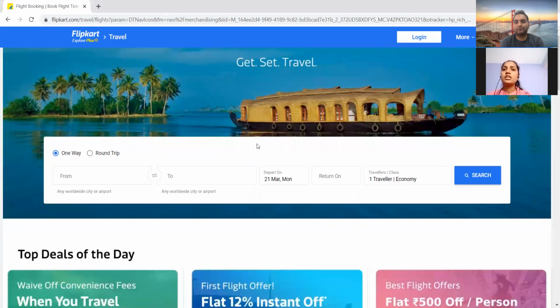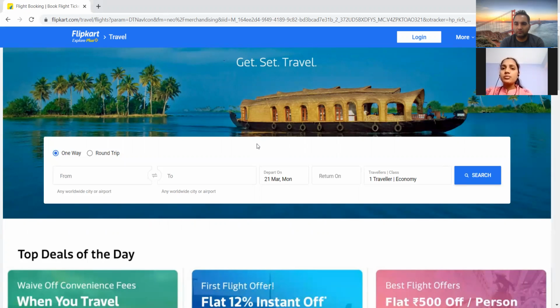Okay, sir. So firstly, I check the Flipkart spelling mistakes, logo, and I will check the login page. After that, I check whether it is a one-way trip or round trip, which type it is.